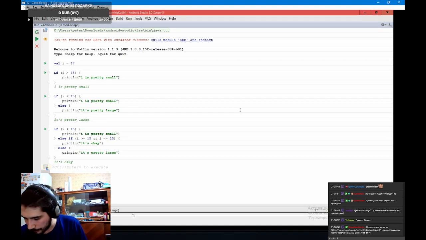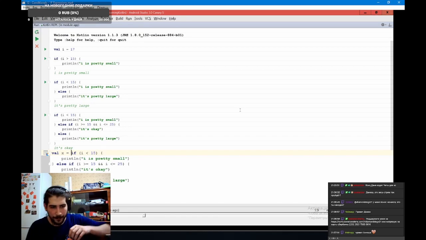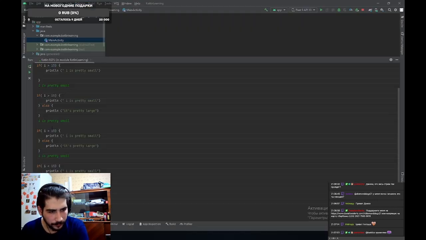Alright, so far everything is exactly as in Java, but as I already mentioned, the if blocks and also the when blocks that we're gonna look at are actually expressions. So what you can do is you can go ahead and say val x equals and set this to the if block because, well, it's an expression, so you can assign it to a variable. Now in this case, if we run this,